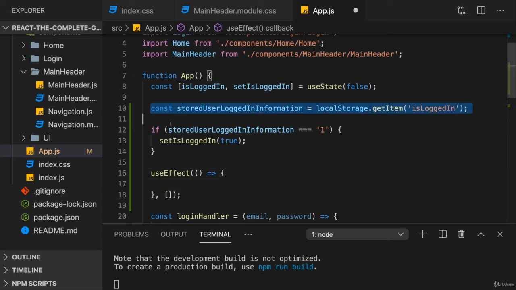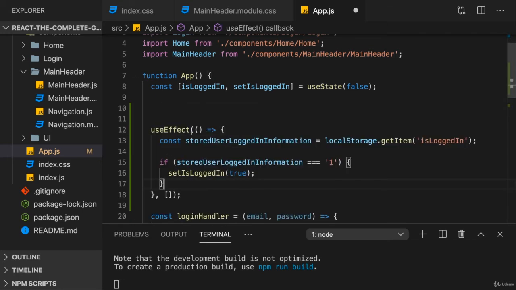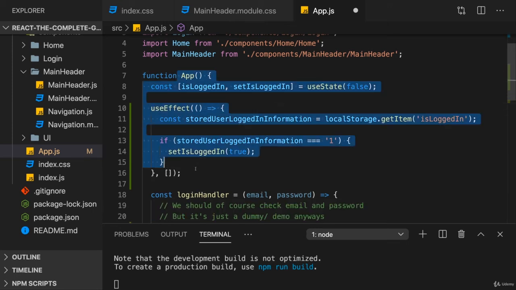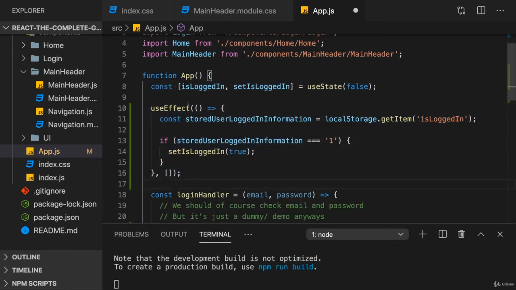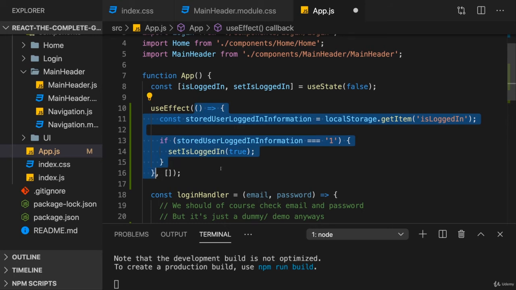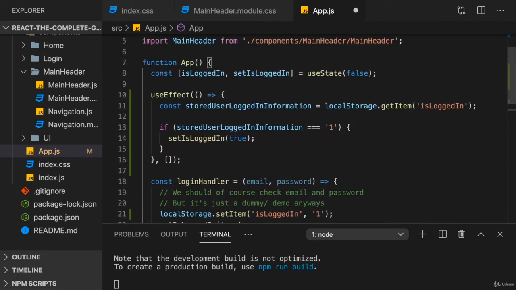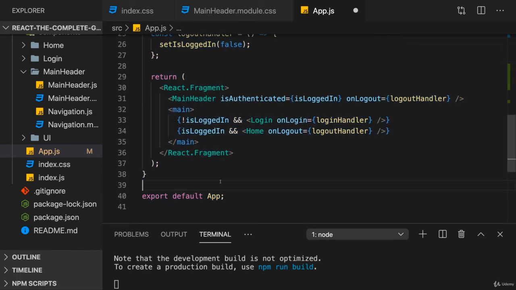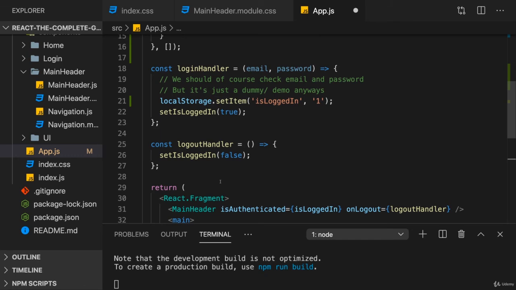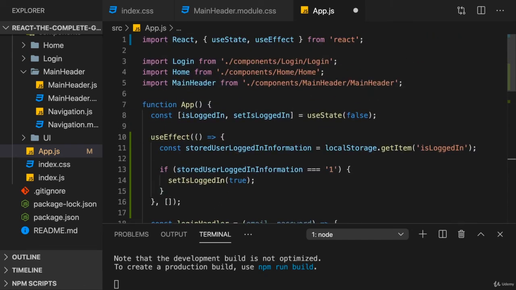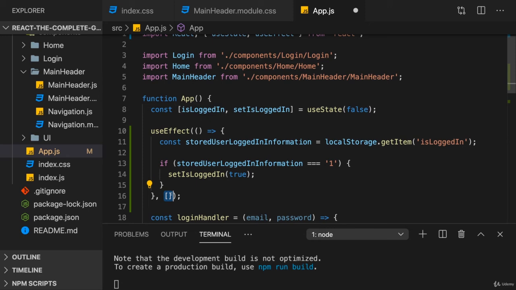In this function, we can now run this code here, which we don't want to run directly in the component function. Because now this function here is executed by React, and it is executed after, important, after every component re-evaluation. So whenever this component function ran, thereafter, this will run. And if you then update the state in here, the component will run again. But it will not just run after every component evaluation, but only if the dependencies here changed.